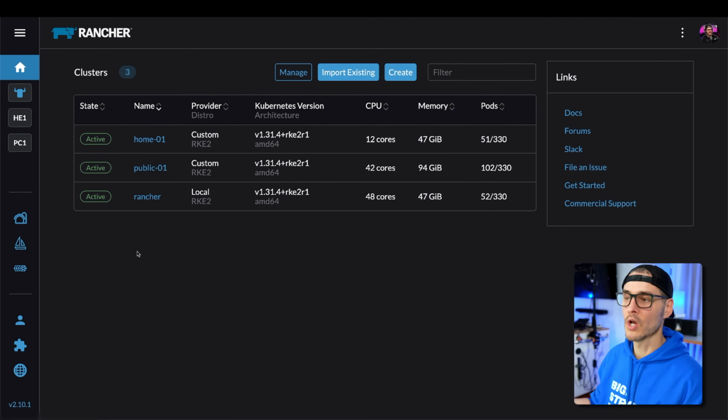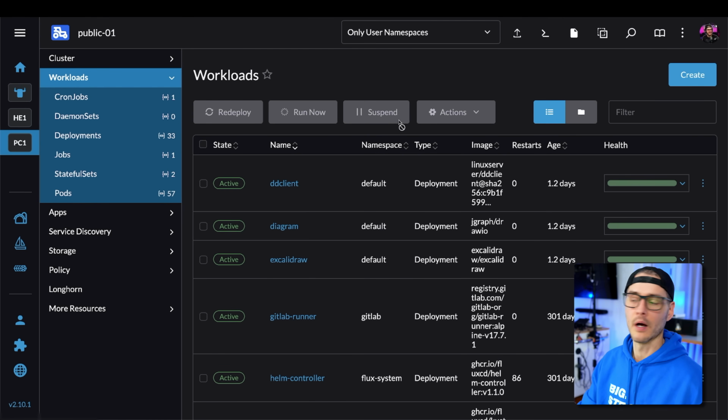I mean manage nodes, add, remove nodes, things like that. So in my home cluster are all of my home containers. So it's some of the services you've already seen, some that you will see. And then it's a test bed for a lot of my other Kubernetes stuff. Public is where all of my public services are running. So these are things that are publicly available to really anyone.